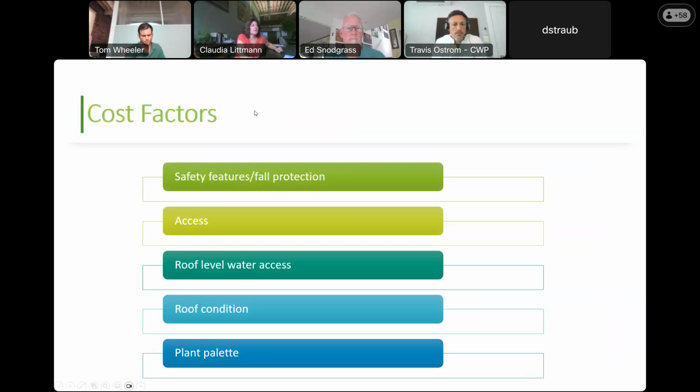Cost factor. So I imagine you'd be interested in knowing what drives the cost of maintenance. The maintenance, by and large, is mostly labor. There's not a lot of materials involved, and it's the time spent that we're on the roofs. But additional time is needed if